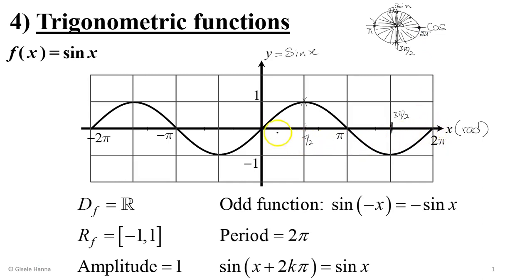So the interval from 0 to 2 pi represents the behavior of the function across the unit circle as the angle opens from 0 all the way to 2 pi. It represents the behavior over a full turn on the unit circle. However, we know that we can keep on going and making more full turns. So this is why the curve of sine would repeat